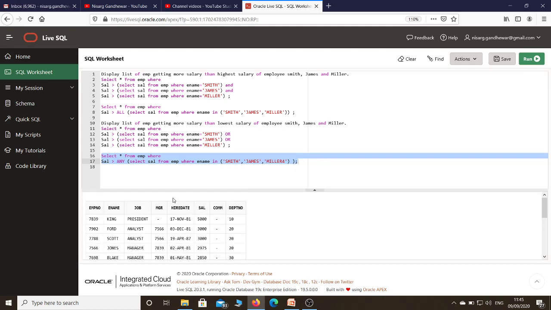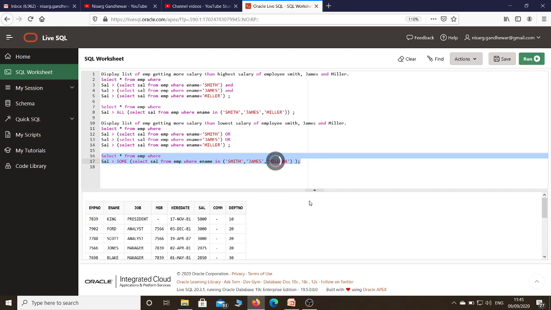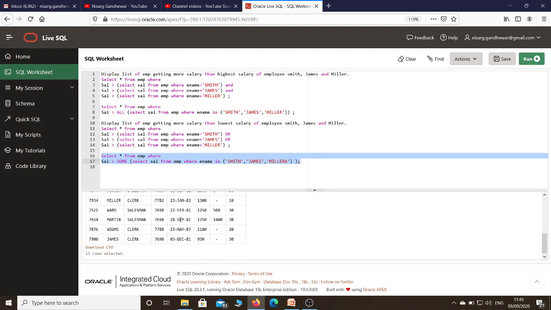That means in order to solve this particular question, either you can solve it by using multiple OR conditions, or as an alternative to that, the use of the ANY clause. Now what I told you is that the use of the ANY clause and the SOME clause are both the same. So here, instead of ANY, I am going to write the SOME clause, and let's check whether it works or not. Let's execute this particular query and check what output we are getting. Now see here, again we are getting 13 rows. That means the SOME clause and the ANY clause are both the same. Only in order to remove the confusion in using the ANY clause, you can use the SOME clause.